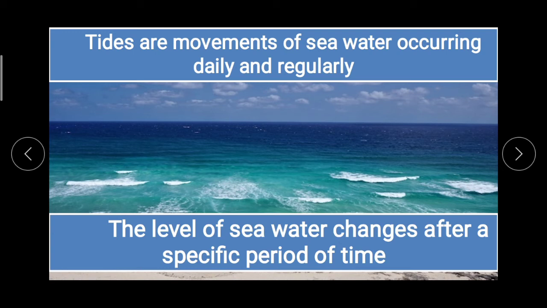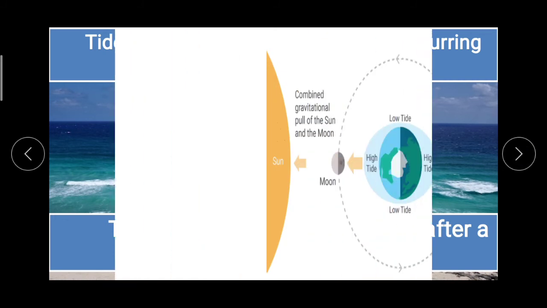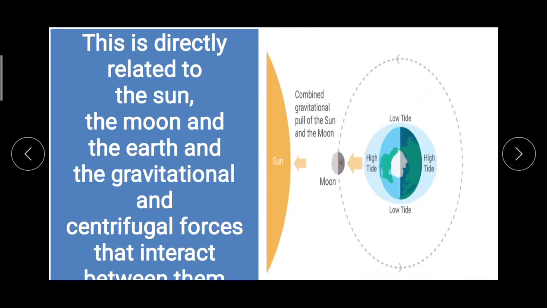After every 12 hours and 25 minutes, a cycle of high tide and low tide gets completed. So how much time does it take? 12 hours and 25 minutes. After 12 hours and 25 minutes, a cycle of high tide and low tide gets completed. So all the coasts on the earth experience tides. High and low tides are natural phenomena,